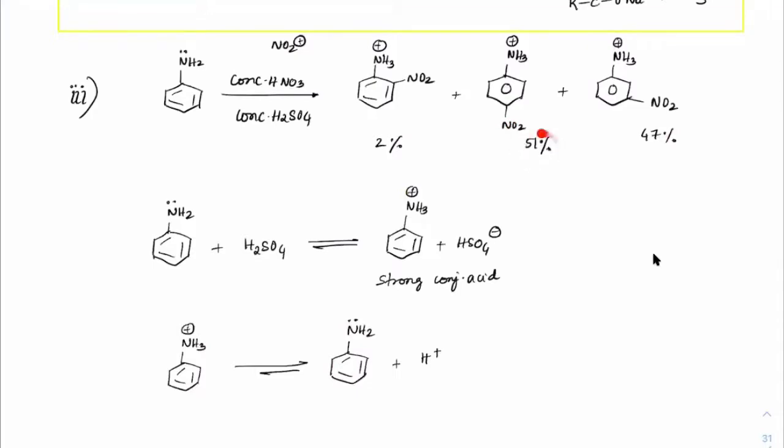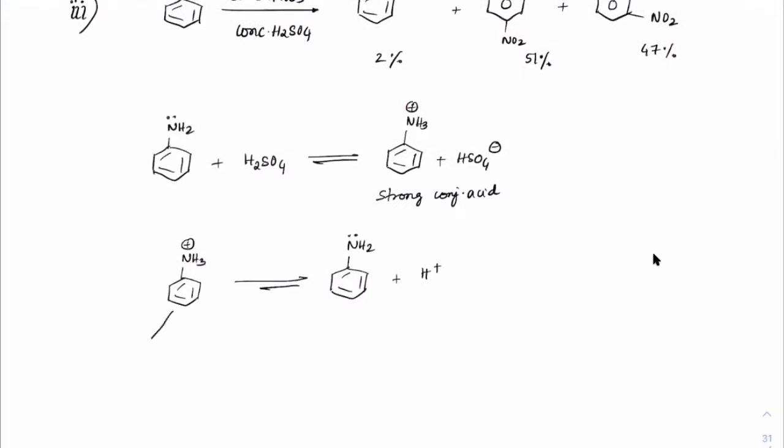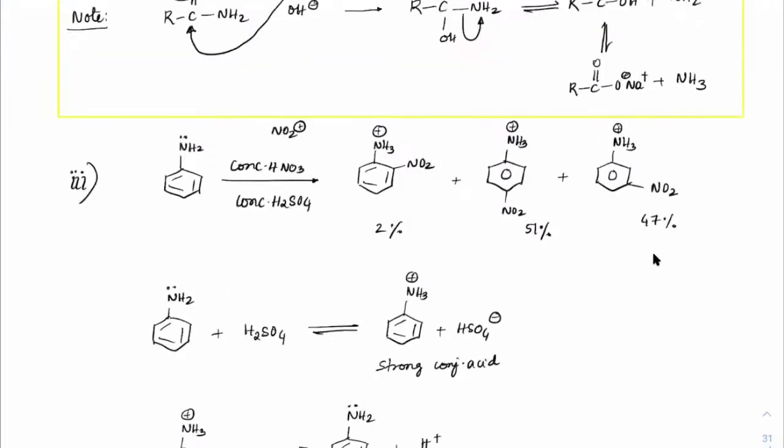But if para is in such a significant amount, it means in the solution there is sufficient aniline still present. Ortho is less because the anilinium which is forming may allow para to form since para is far away, correct? Even in the anilinium form, it can give meta and para. This will give meta also, and this will give para also. Significantly, meta would be more, correct? But what about ortho? Because this group is so close to NH3 plus, due to induction, hardly would you see any ortho forming here.